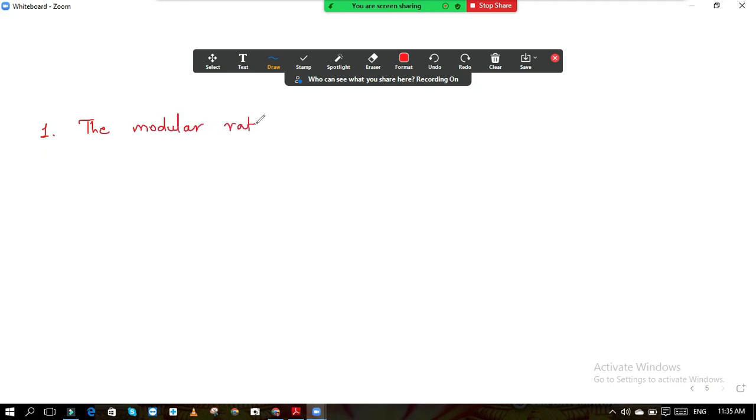The modular ratio M is given by, okay. Now your first option is 280 divided by 3 sigma CBC. Sigma CBC is the compressive bending stress in compression, that is the notation sigma CBC. This stress is used in the working stress method. Then it is 280 upon 3 sigma st. Sigma st is the stress in the steel.